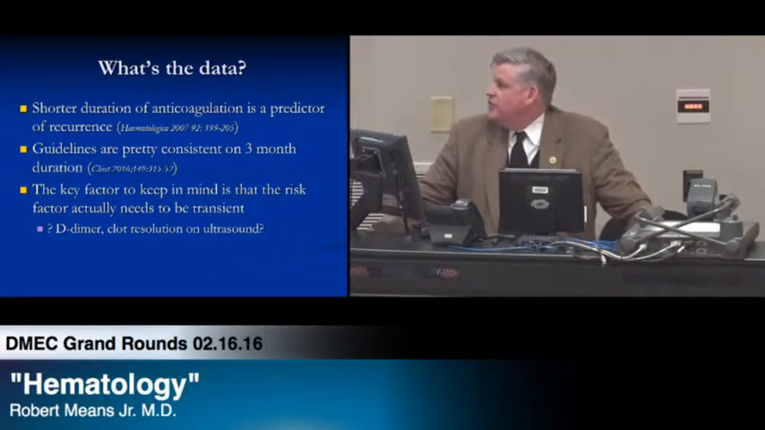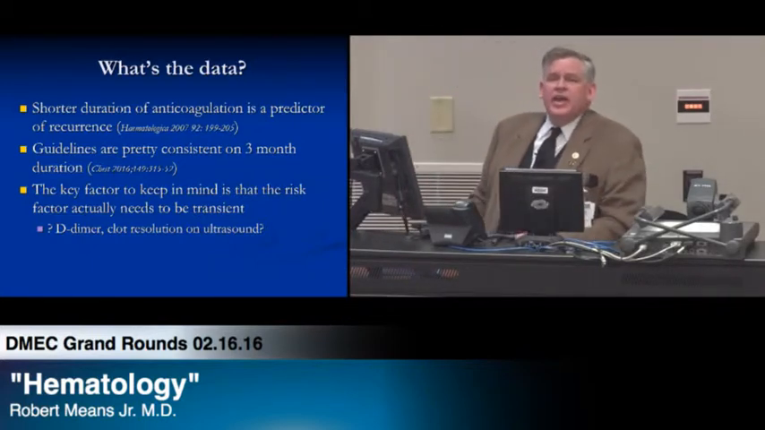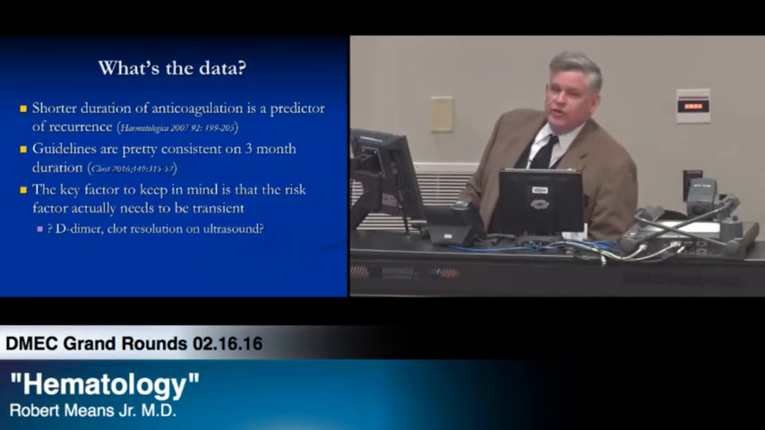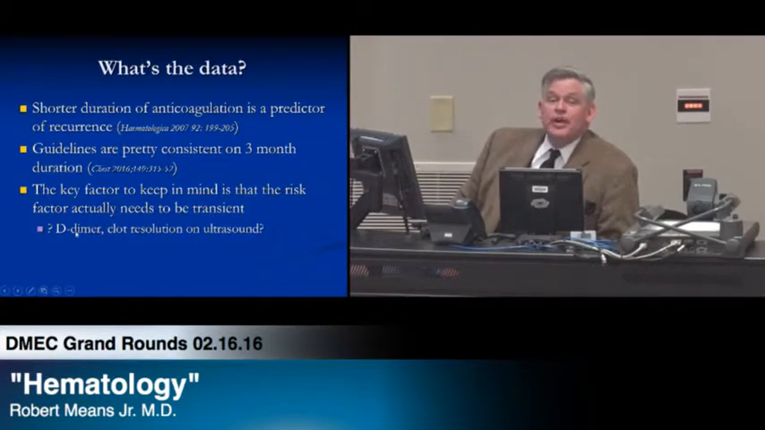And again, the key is that you need to be sure the risk factor was indeed transient. One way of assessing that the risk was perhaps transient is whether, for example, the D-dimer has become normal again, or whether there's evidence of clot resolution on ultrasound. If you have both, this has actually been studied more at 6 months than at 3 months, but if the D-dimer has returned to normal, the risk of